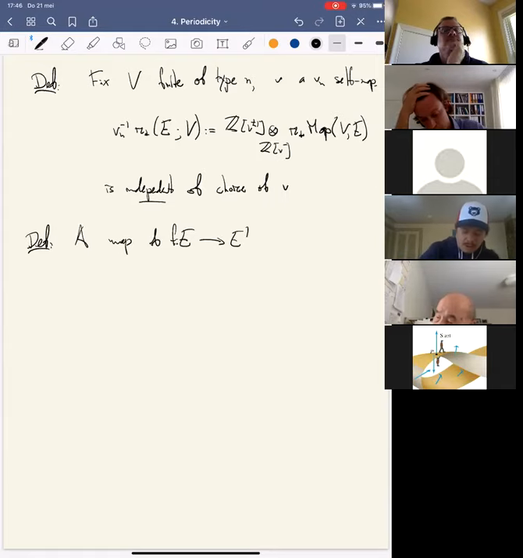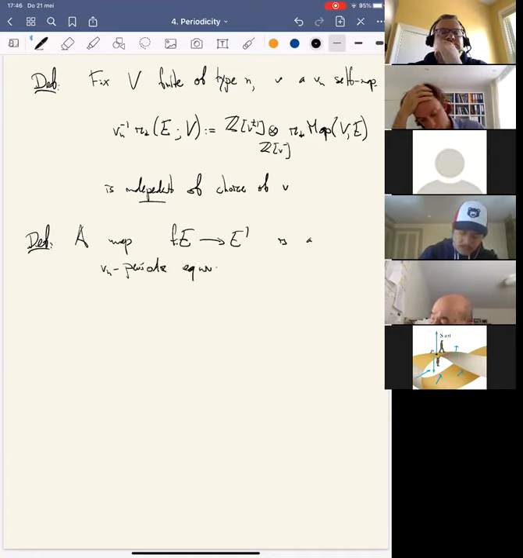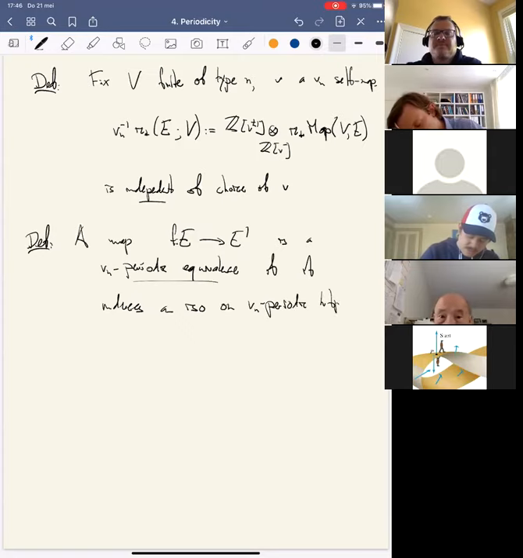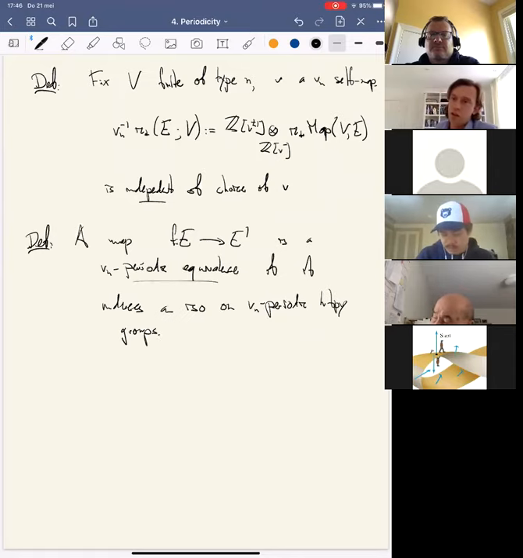So a map F from a spectrum E to E prime is a Vn periodic equivalence if it induces an isomorphism on these Vn periodic homotopy groups that I just defined. Now, the nice feature of this definition is that not only does it not depend on little v,